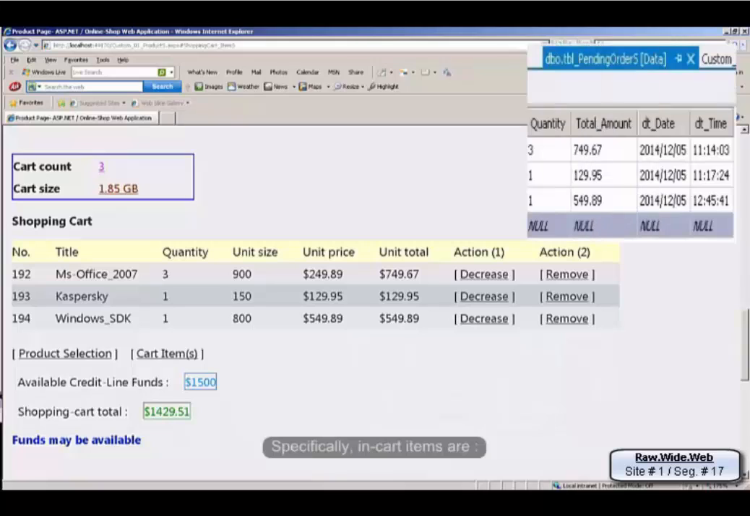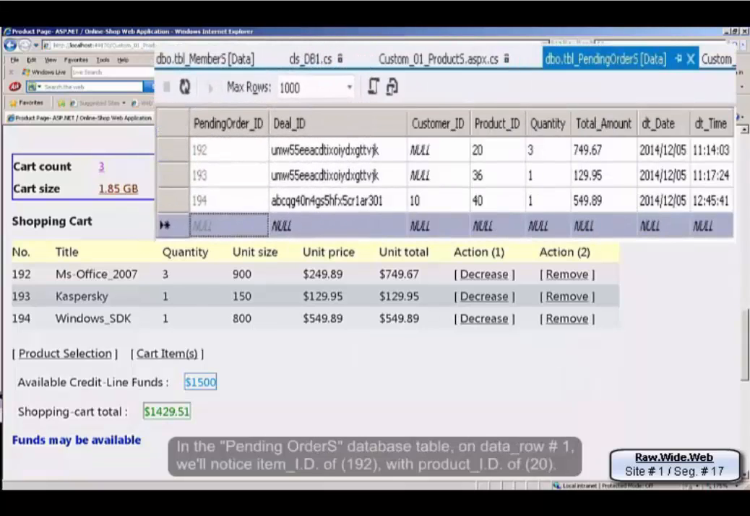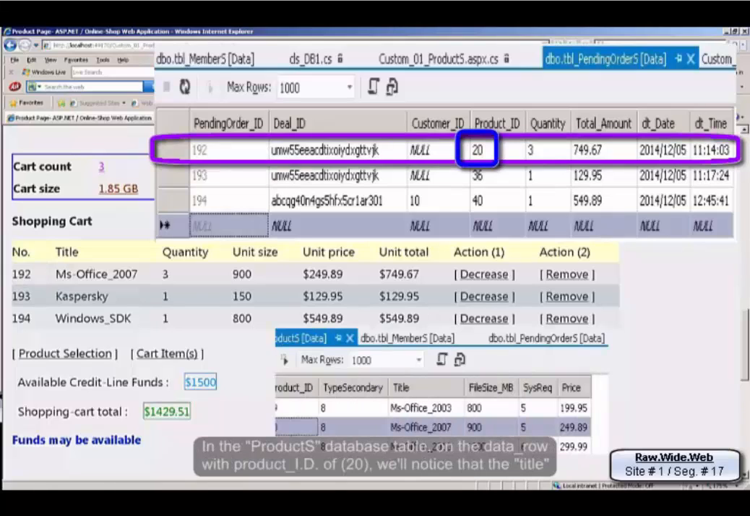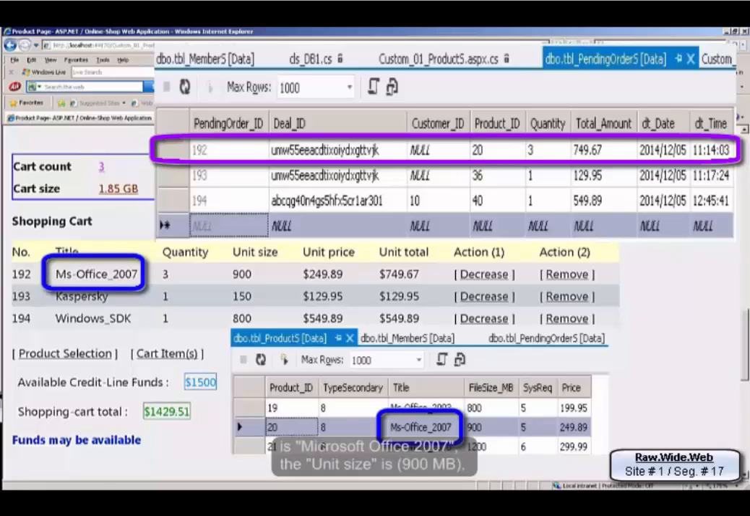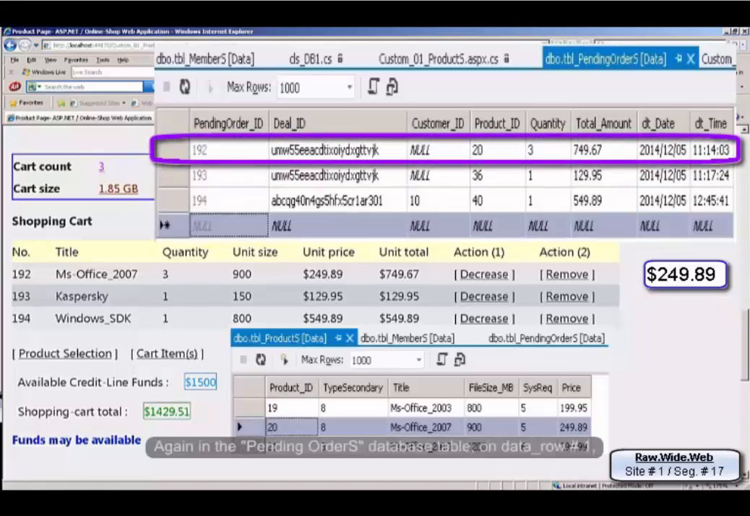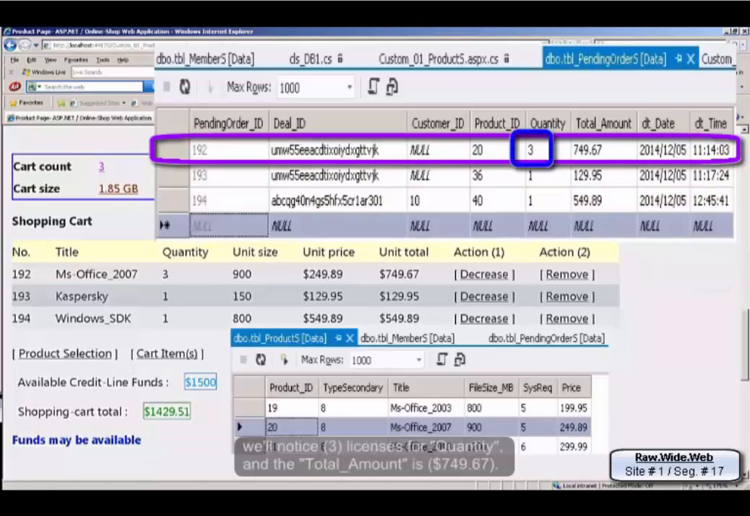Specifically, in-cart items are in the pending orders database table. On data row number 1, we'll notice item ID of 192 with product ID of 20. In the products database table, on the data row with product ID of 20, we'll notice that the title is Microsoft Office 2007, the unit size is 900 MB, and that a single unit price is $249.89. Again, in the pending orders database table, on data row number 1, we'll notice 3 licenses for quantity, and the total amount is